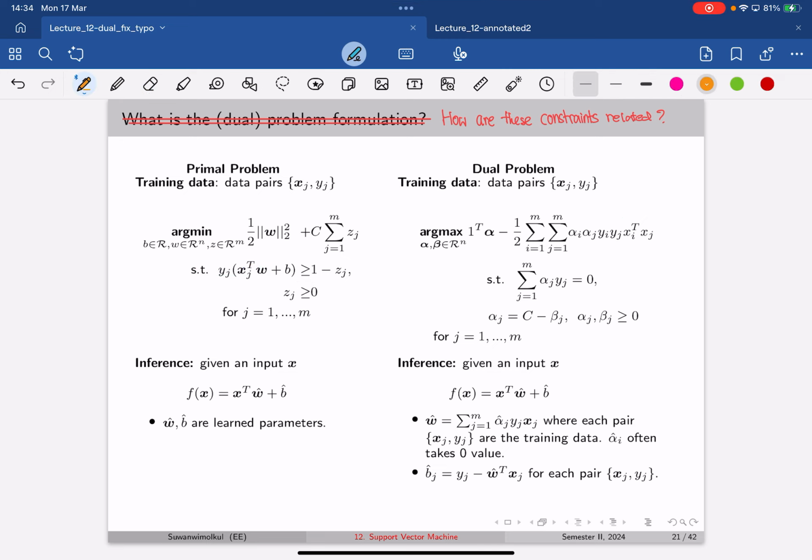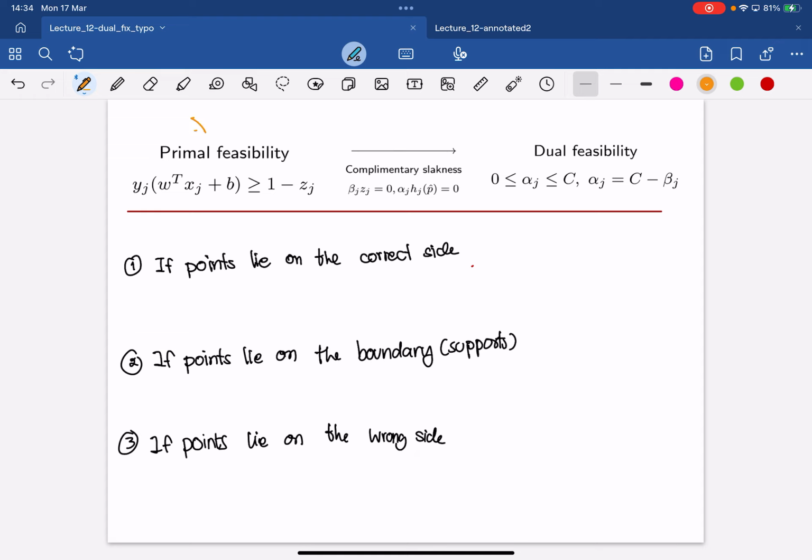Because it's actually quadratic, and that was like an affine term. This one is quadratic. It doesn't seem that different, right? And you also have some affine constraint, right? But the thing is, once we come up with this dual problem, there are certain properties that we can get from it, and that will help us reduce the computation using the dual problem. So let us first go back to the primal